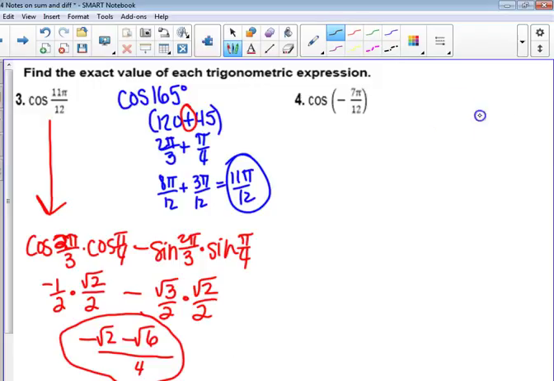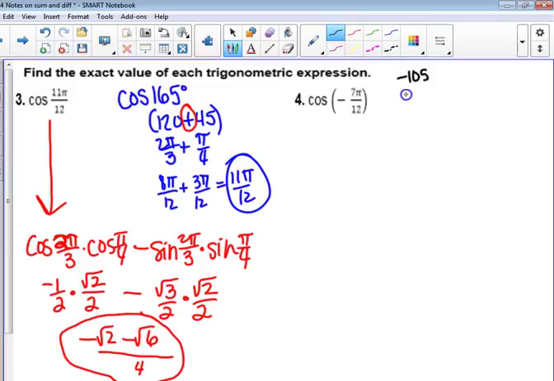Okay, if I help you find the numbers, can you try this one? What is 7 pi over 12, first of all? Negative 105. What do you want to do to get a negative 105? Not going to be 105. You could do negative. We don't know 15. It's not on our unit circle. You could do a negative something, but how about